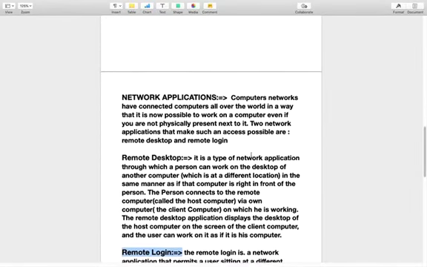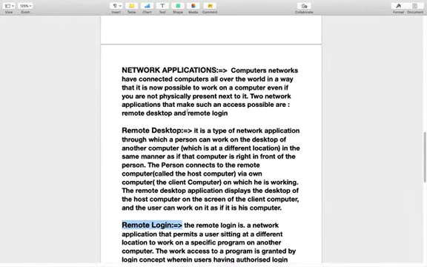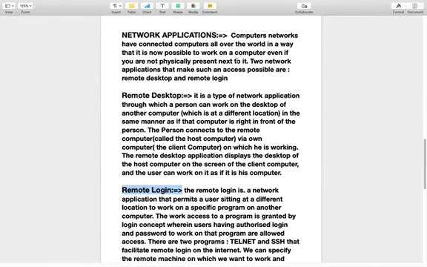Our next topic is network applications. Computer networks have connected computers all over the world in a way that it is now possible to work on a computer even if you are not physically present next to it. Sometimes our server is situated at a different location and we are at a different location, and at that time we want to work on our server.